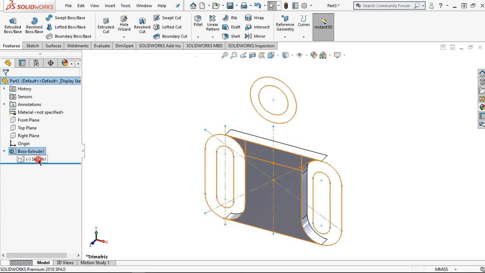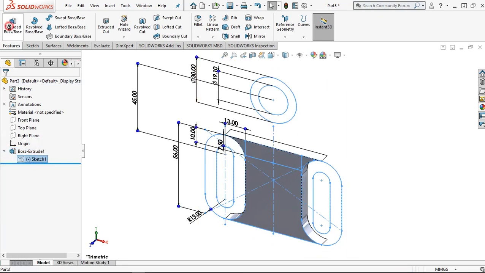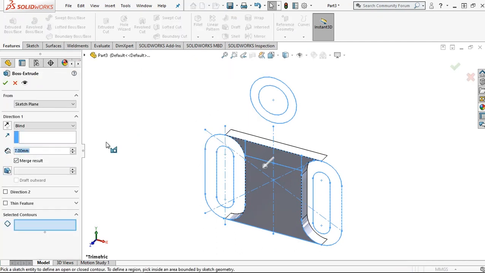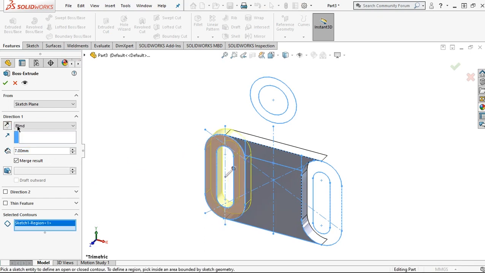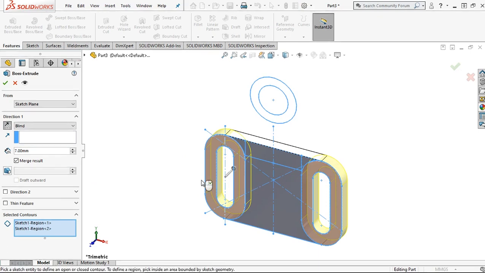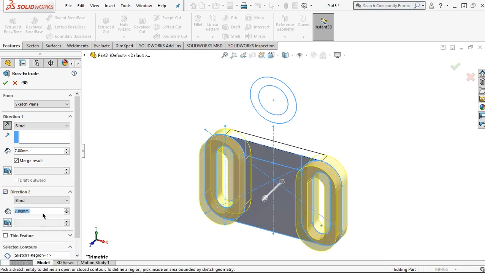Click this toggle and click this sketch. Click extrude boss. Then click this for the direction to make it 3 millimeter. Then OK.